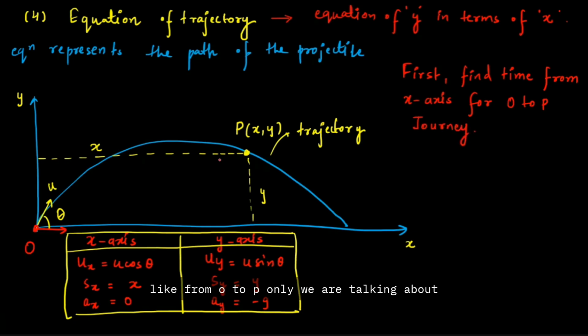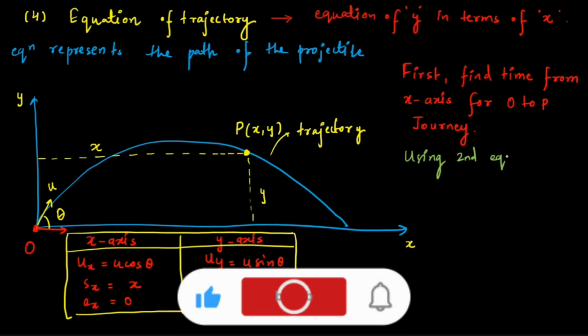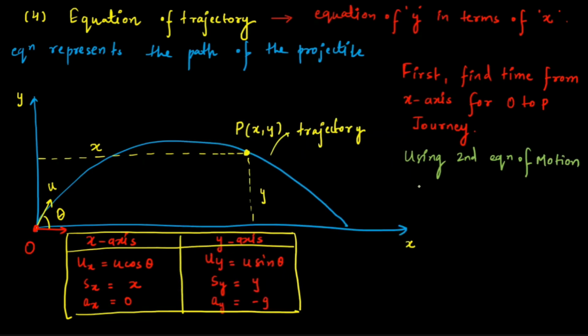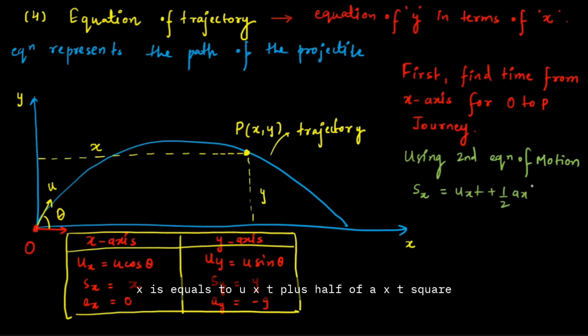Like from O to P only, we are talking about this particular thing. So for O to P, we can find out time using the second equation of motion once again. So how will it look? Let's see. Using the second equation of motion, which is Sx = ux t + half a_x t square. Now Sx is something we call x, because displacement in x-axis from O to